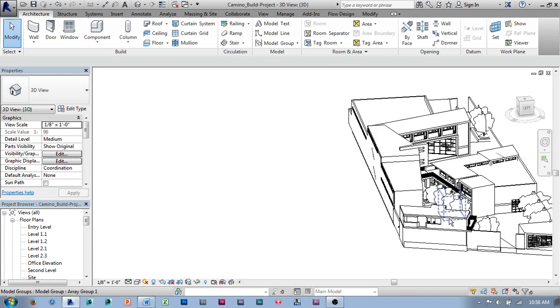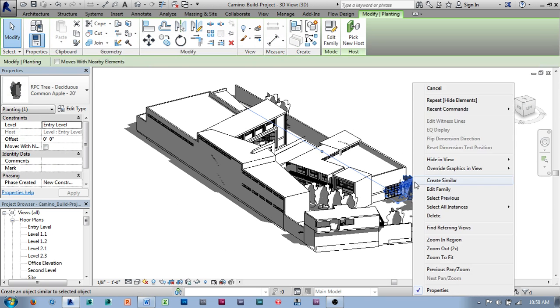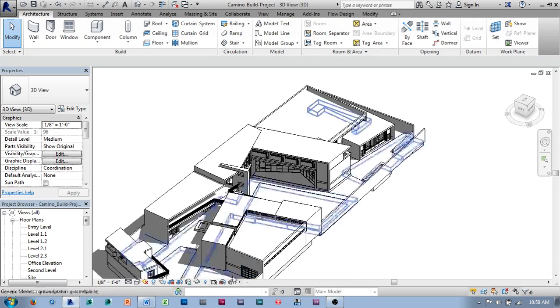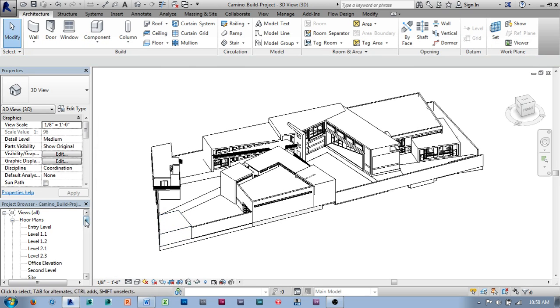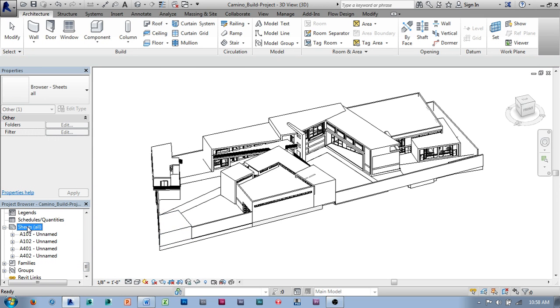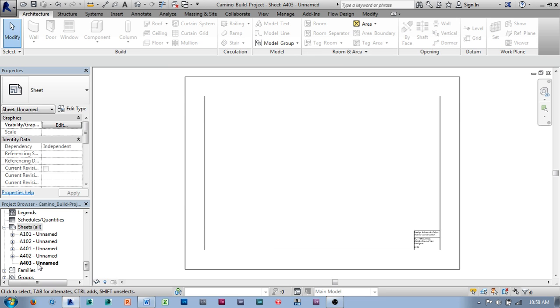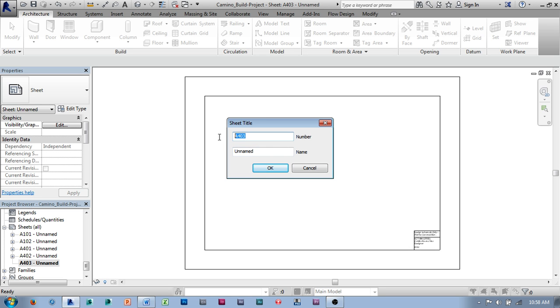So, first couple of things that I know that I want to do, trees, those types of things, I want to handle those independently. So, I'm going to hide that category. I'm going to go ahead and turn shadows off so things manipulate, move around a little bit faster. And I'm going to go ahead and set up a brand new sheet. I already have a few sheets set up that were my presentation views. So let's just call this my base page. Rename, let's just call this